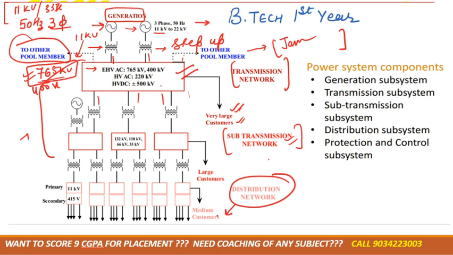Then in distribution, medium customers. Okay, then in distribution, medium customers. Primary means which we are using, that is 415 volt, 11 kilovolt. So you can write 220 volt here also. Okay,